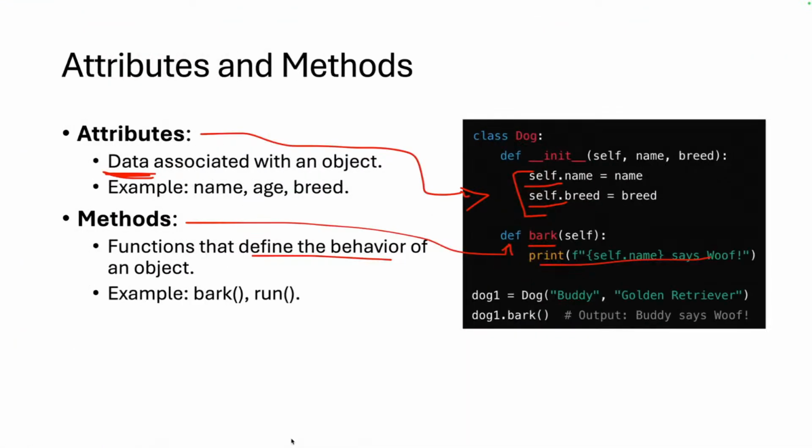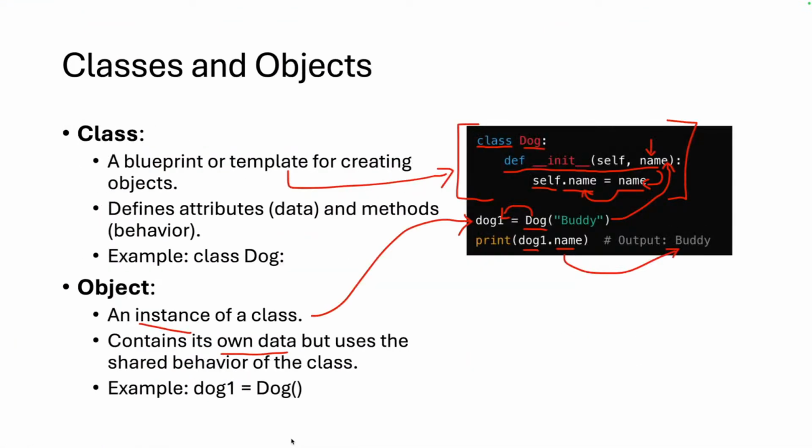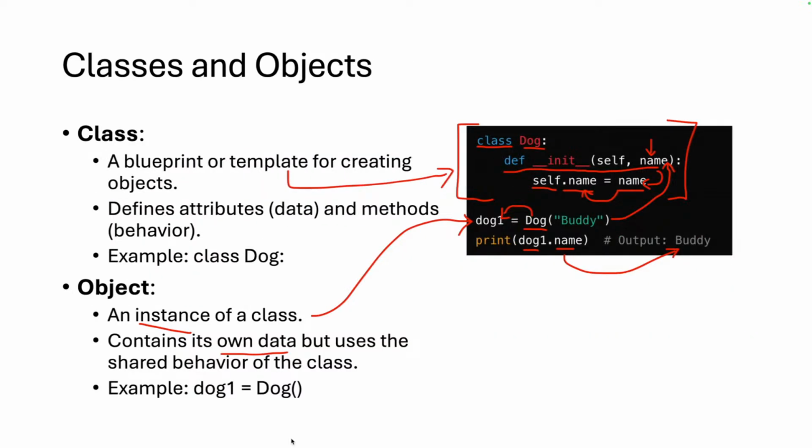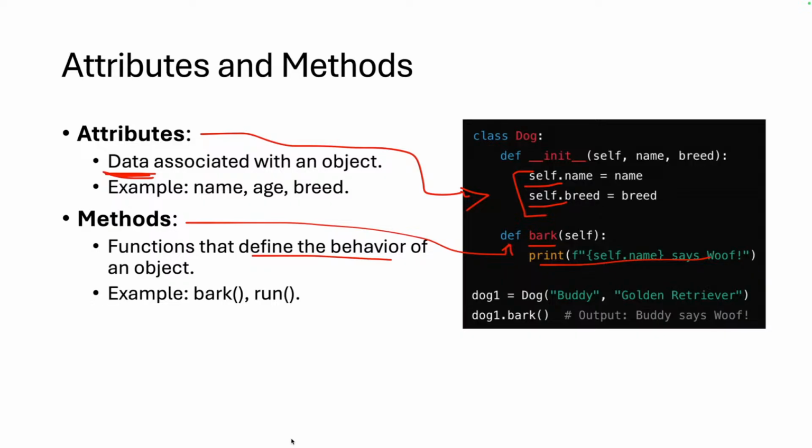Okay, so that's it pretty much. If there was one thing I would ask you to take away and to focus on for classes, it would just be that. Classes, how to create them, how to instantiate them, what an instance is, what attributes are, and what methods are. That's classes 101. That's really everything that you need.